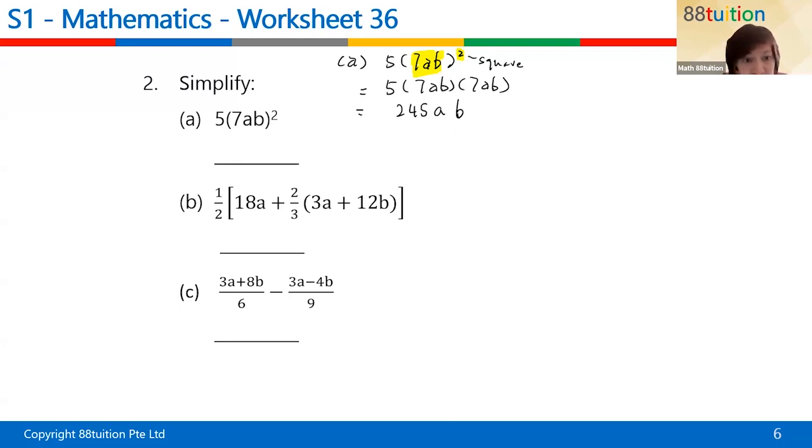All right. We are now at question number 2. Will you be able to see my worksheet 36, besides seeing the question? Okay, can. So just now we were talking about 2a. I want to expand the square, so I get 245 AB. Can anyone tell me, is this right or wrong? So I set up this question poll: is the answer 245AB true or